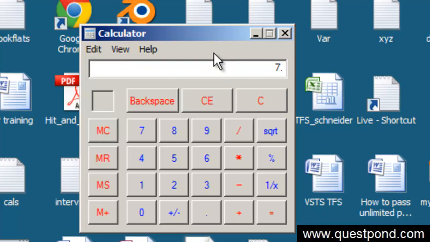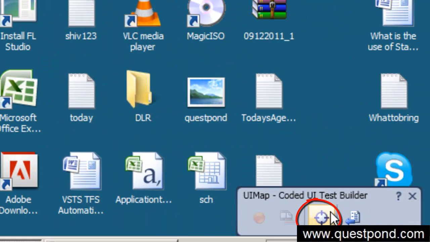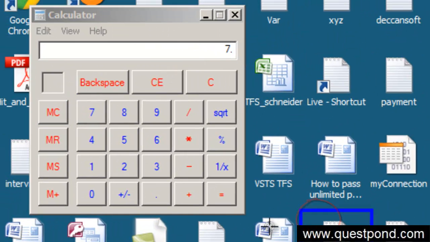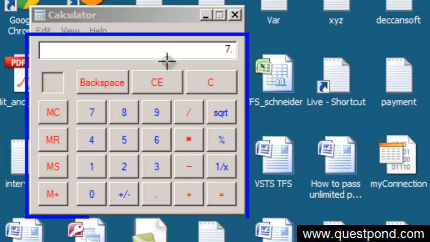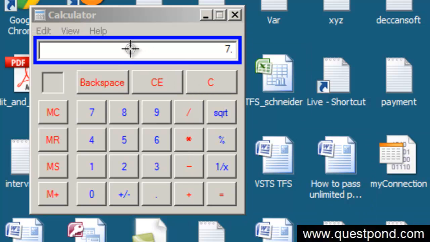Now, in order to check if the results are proper or not, right? In a coded UI test, you can see that there is one more button here saying assertions, this circle button, right? So click on that, move your assertion. Now don't leave your mouse, you have to keep pressing. You can see that I'm doing that, and I started from here and I moved slowly towards the calculator program, and you can see now there's a blue boundary seen